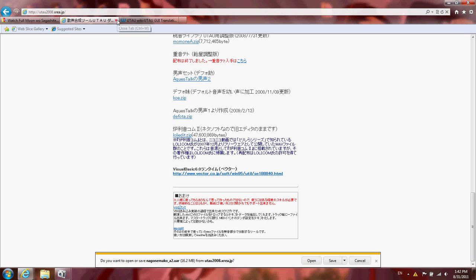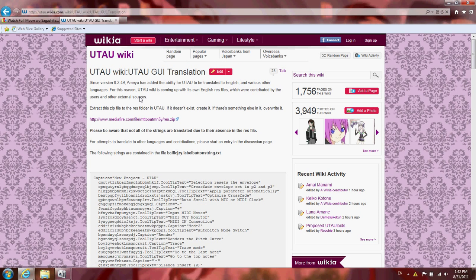So now that we have UTAU, we want to get it in English. So if you search UTAU English patch, you'll find it. It says it's from UTAU Wiki. It's the GUI translation. You want to download this file,